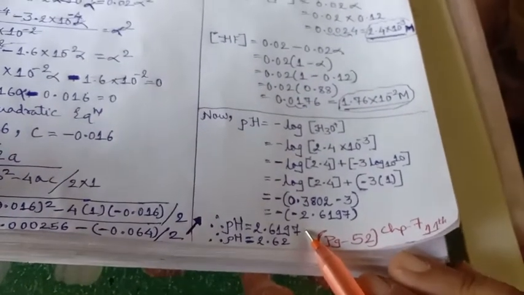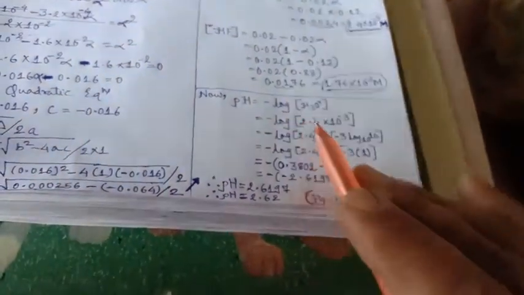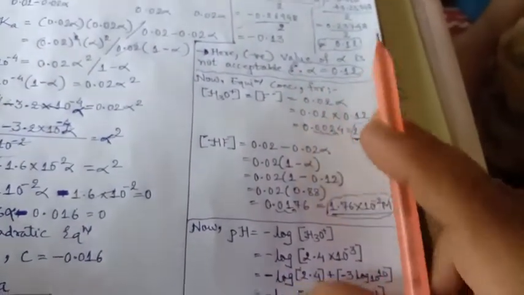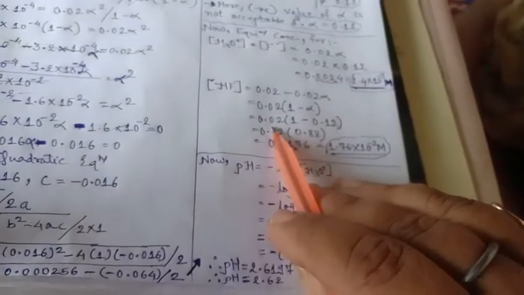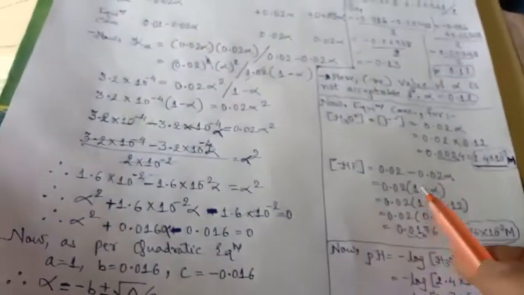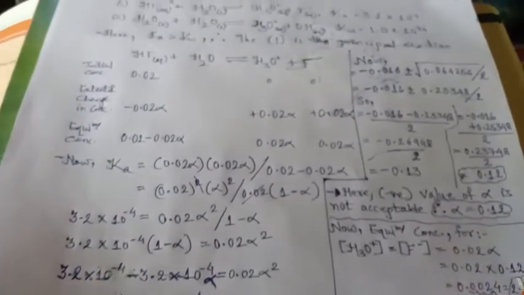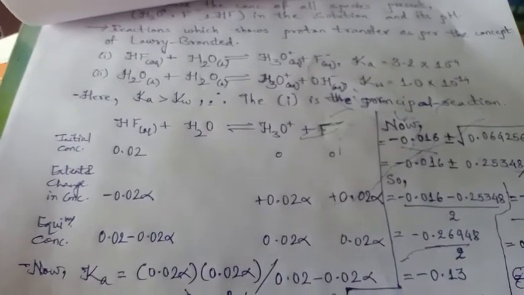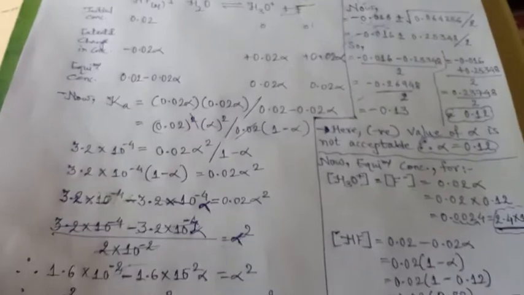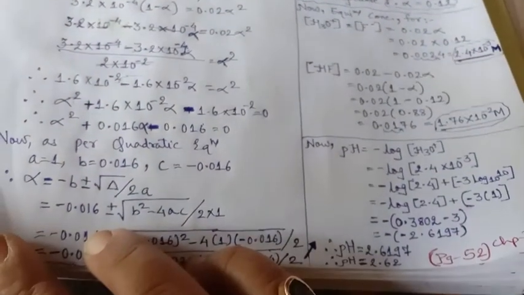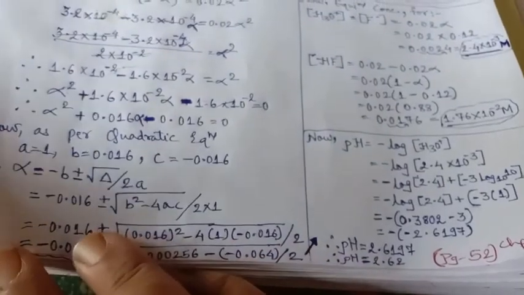Clear? So this is how we are able to calculate the ionization constant, that is degree of dissociation alpha, concentration of a species, as well as pH. Right? So please go through the calculation. Rest of the questions and rest of the calculations, the method remains the same. So if you go through this reaction properly, all these calculation steps properly, then it will be no problem to calculate any other numericals of this type.